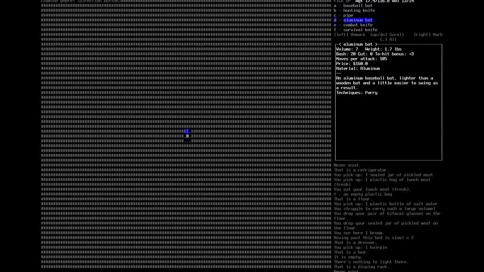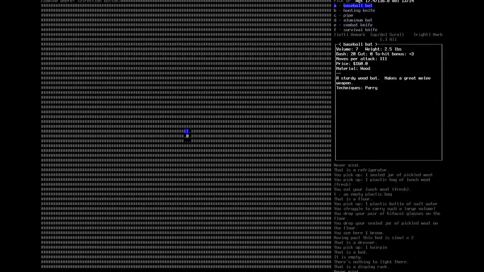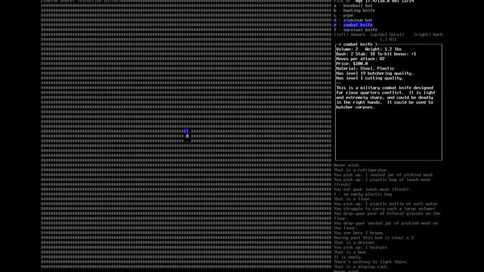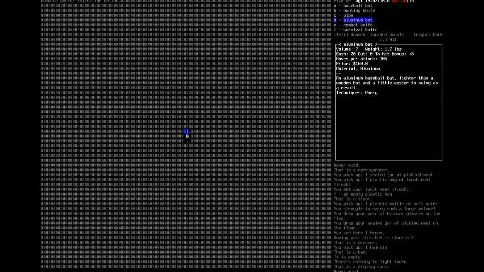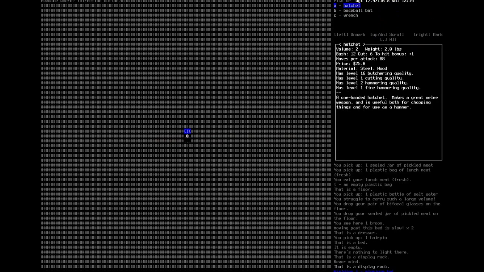Aluminum bat. Plus 20 to bashing. Hell yes. Combat knife. Survival knife. Plus 3 to hit. Oh, yes. Okay. We're now taking this. It's going to completely freak. Yes, we're going to weld it. Are we dropping our crowbar? We're dropping our crowbar. Please,